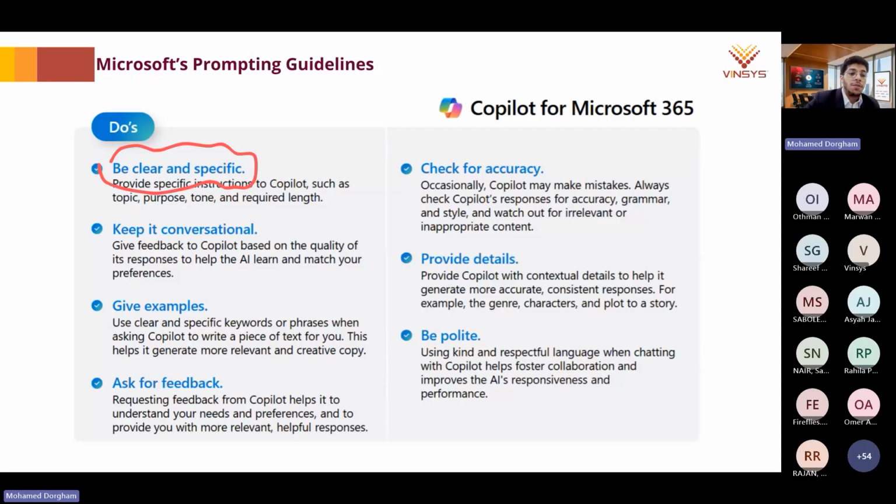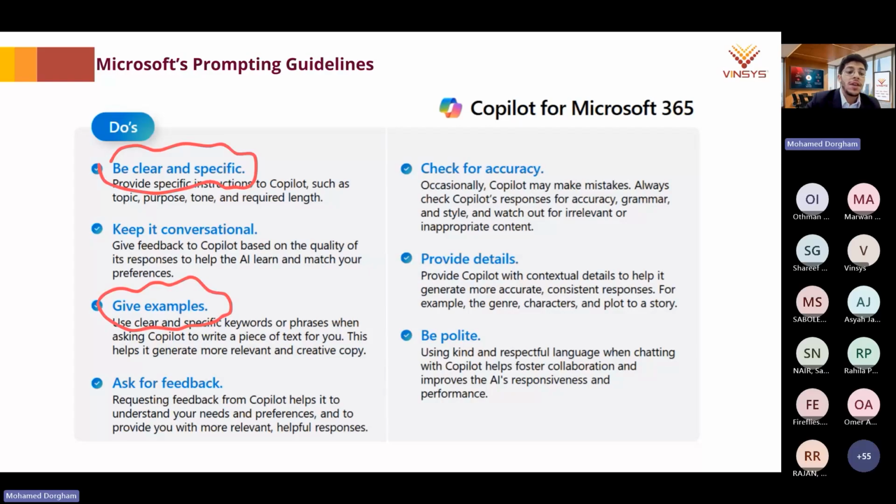Another really important thing is to consider giving some examples. You cannot imagine how much it helps when you give these AI systems an example, because it becomes much easier for the AI to understand what you're looking for, and to refer to a real life example. Let's say today I want a summary of a meeting in bullet points. I will give the AI some bullet points, either an explanation or an example, and it will say, okay, I'm going to follow this example, so you'll get exactly what you're looking for.